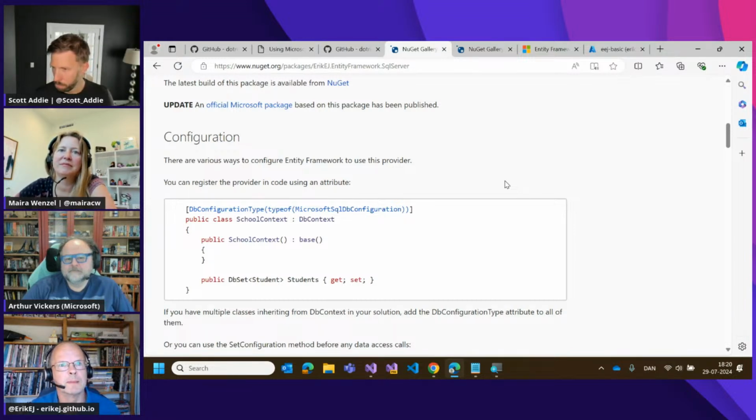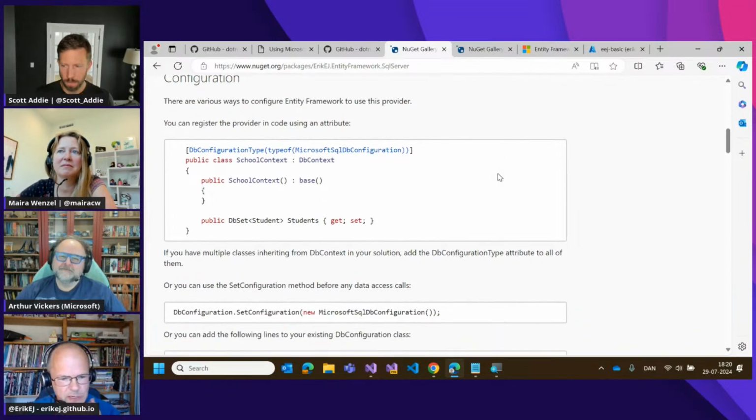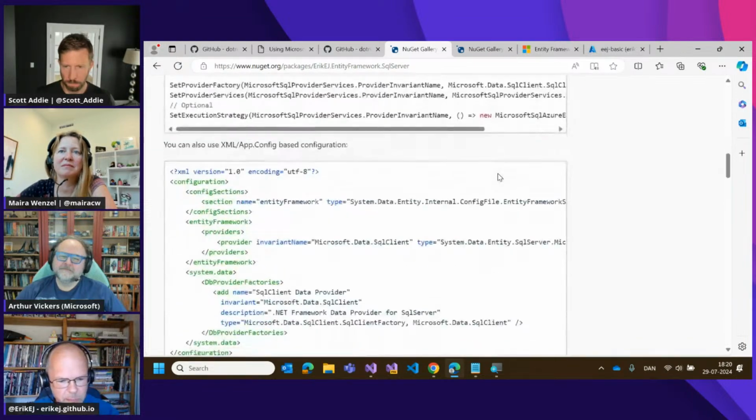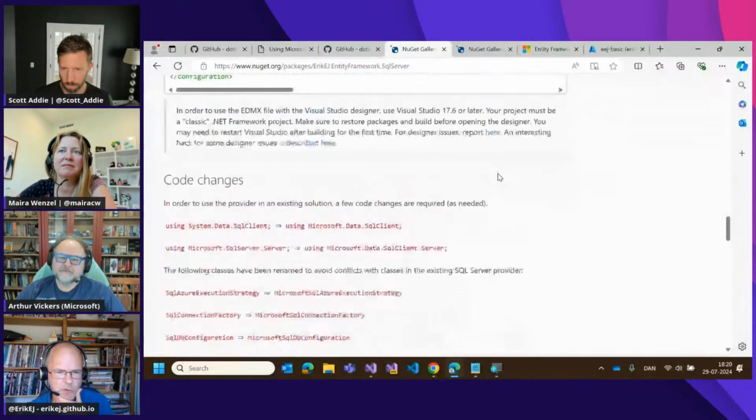So it has been, how can we say, battle hardened, I guess you can say, over those years, and we have been in very many interesting corners of the .NET universe. You can do things in many different ways, in many different scenarios, and all those scenarios have gradually been covered by this package and documented here.